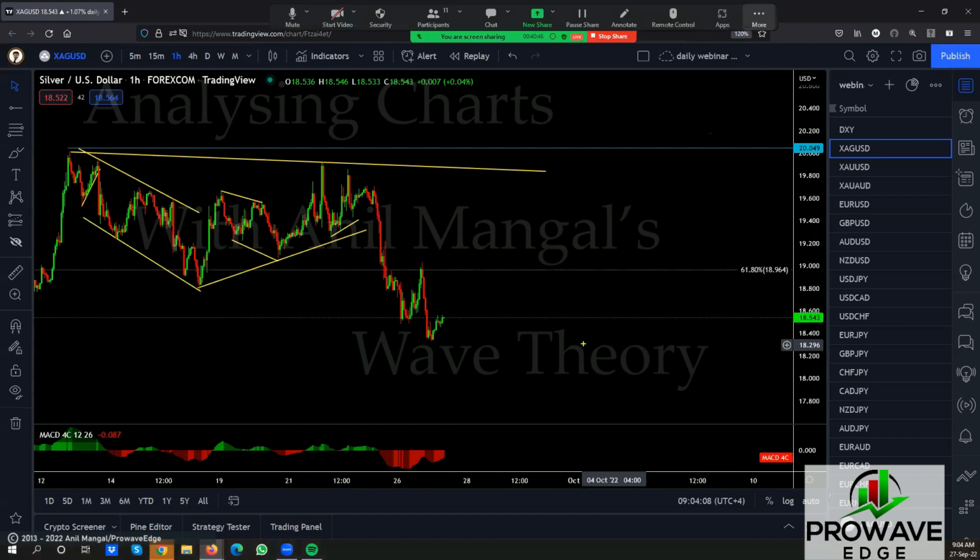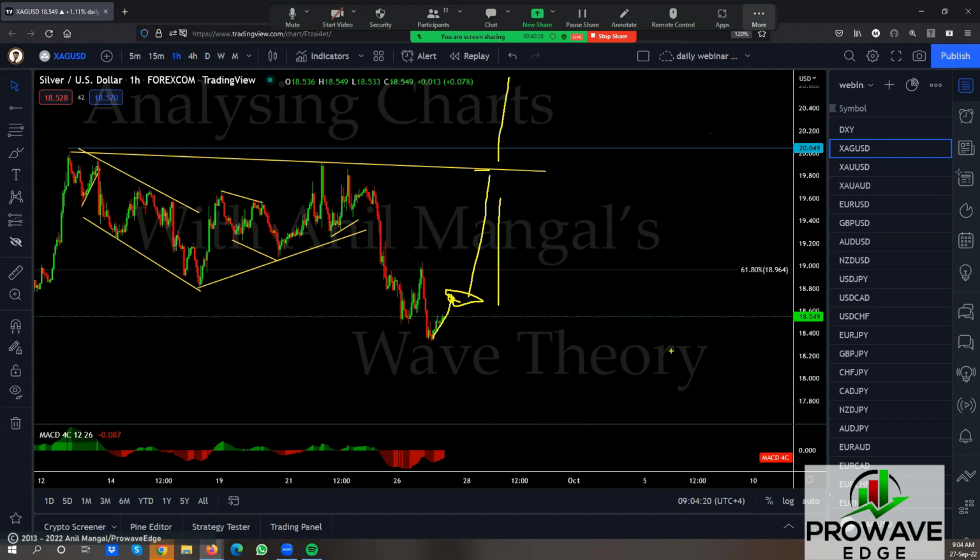We also don't have a sell setup, which means you wouldn't be selling this unless it consolidates here. If this consolidates here, we take one more trade. It's one more trade only, right? The probability is it's going to go back very deep. What we'll be looking for is this to go up at some point here and make a flag for the upside. It goes up, makes a flag, we're buying at least back to this level, and then for the breakout. Very likely this is going to break out. So let's see which one we get.